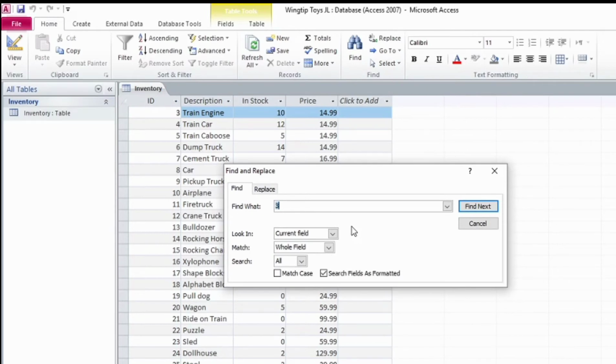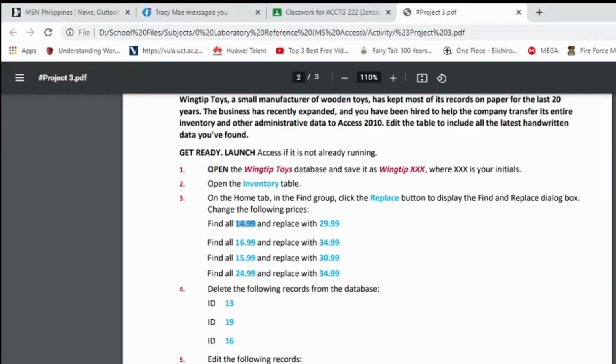And change the following prices. Okay, next, instruction number 3, on the home tab and the find group, click the replace button to display the find and replace dialog box. Change the following prices